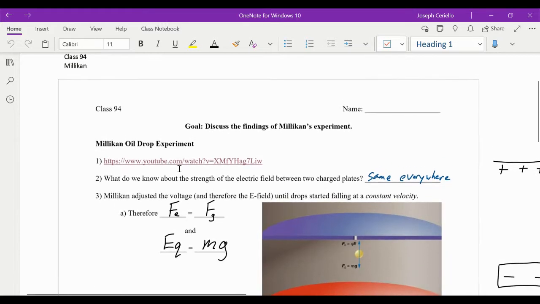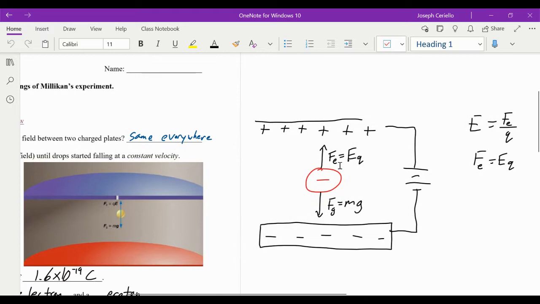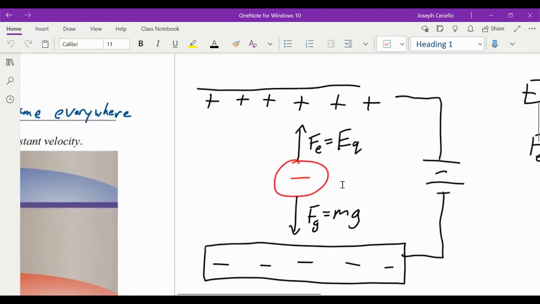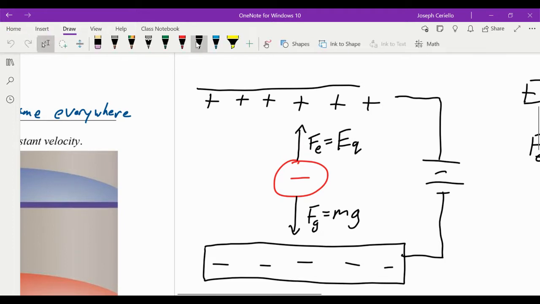Everyone, so class 94 is actually really similar to the question that we ended last class with, and it looks specifically about Millikan's oil drop experiment. Now, the previous class didn't call it Millikan's experiment, but it was. Basically, Millikan had this oil drop between two charged parallel plates. What he was able to do was connect a battery to them,